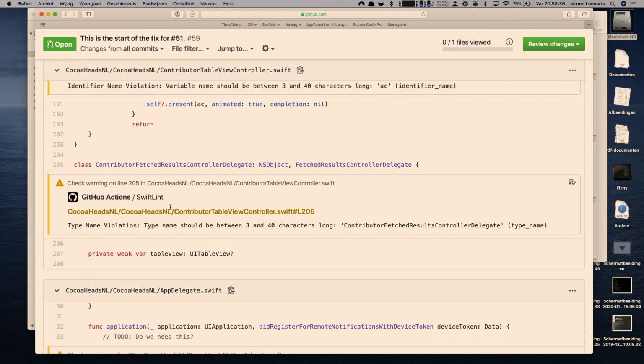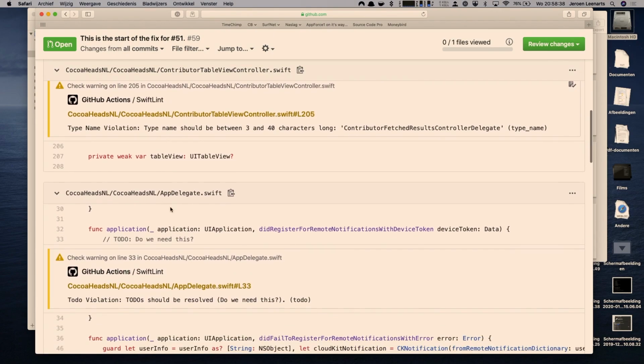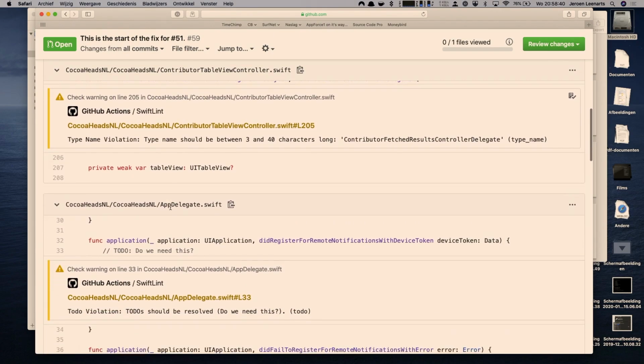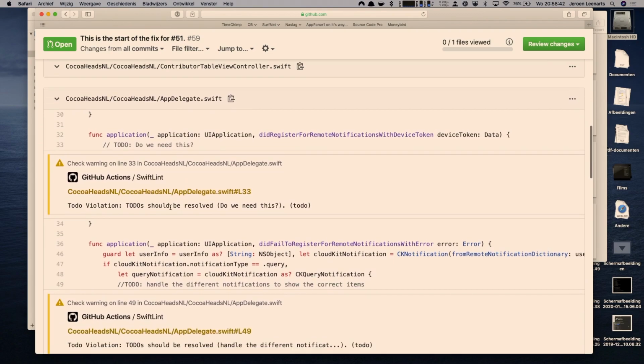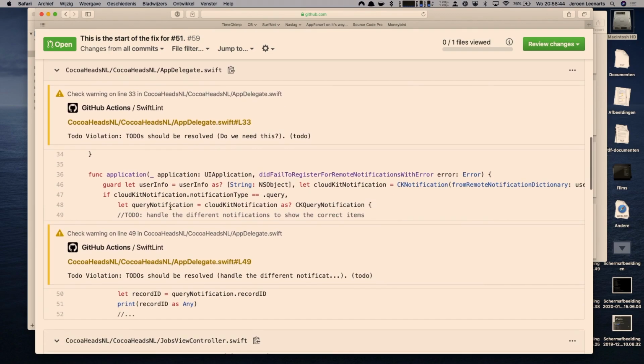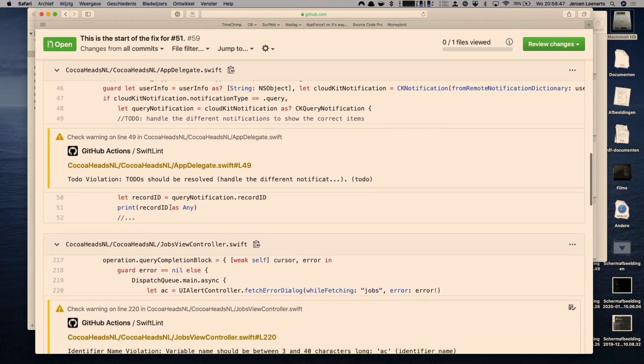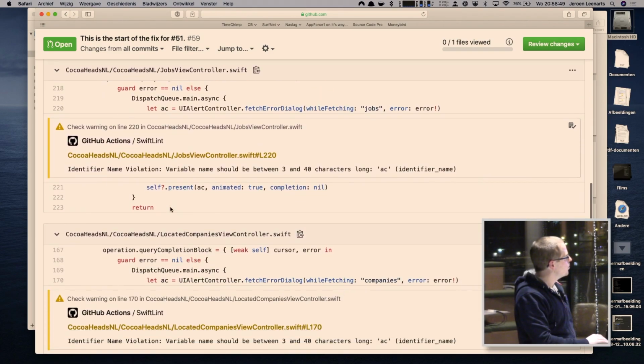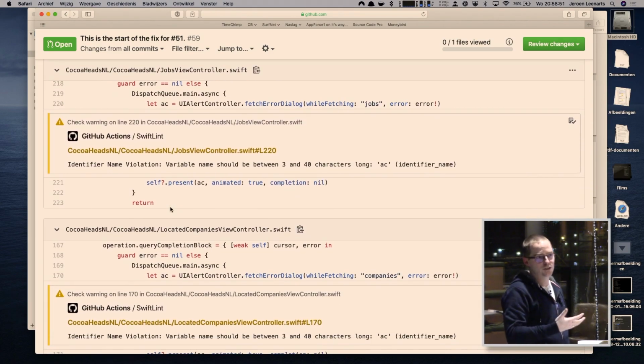Type name should be, wow, 40 characters. Woof. Of course, these are all things that we still need to do. But as you can see, this really adds to your workflow and the visibility of actual problems within your pull request. You can also include Danger as a dependency on your build.